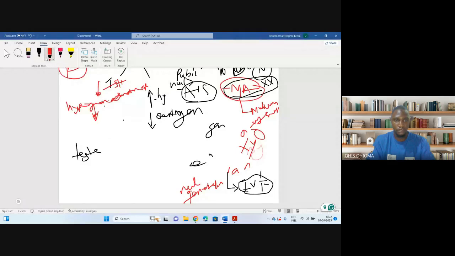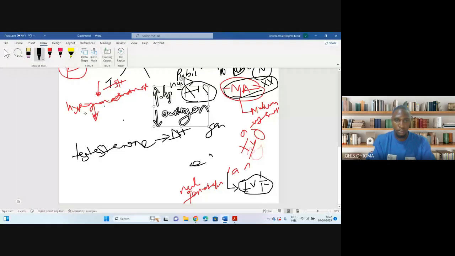Its active form is DHT, dihydrotestosterone. Right? And then DHT